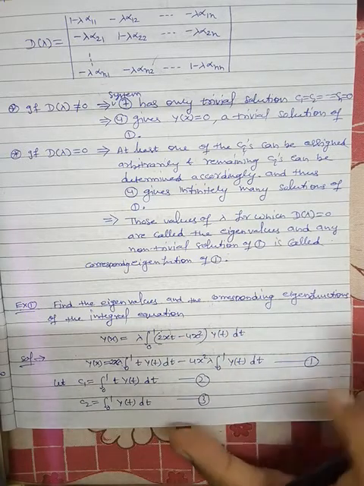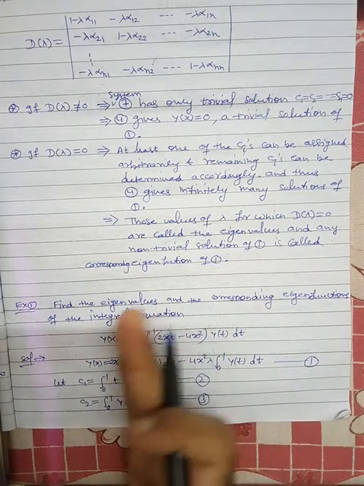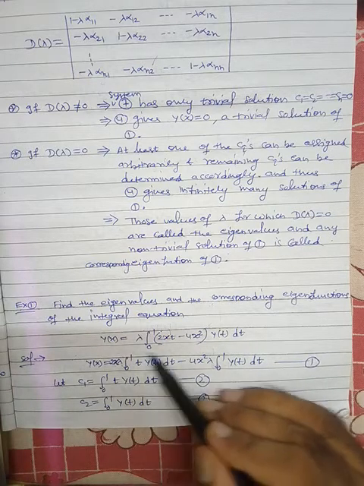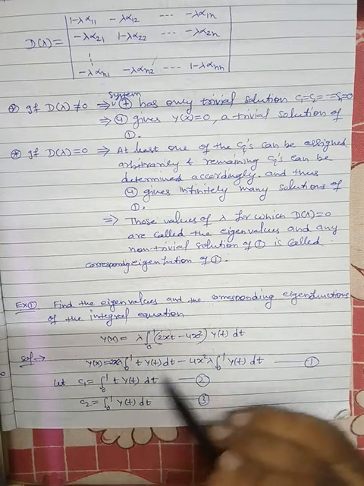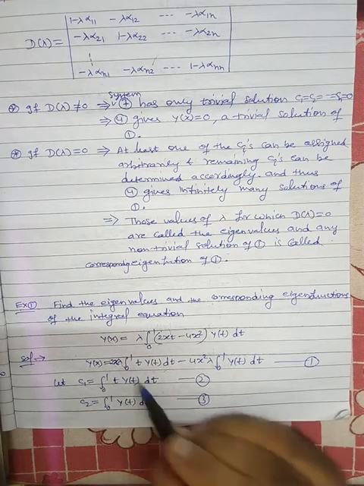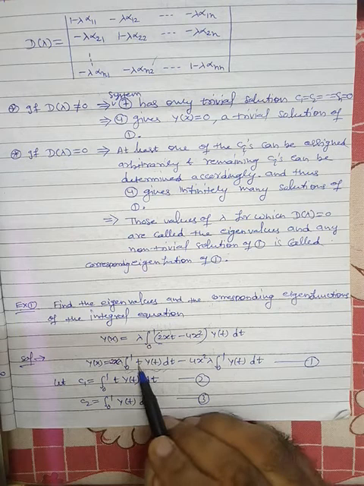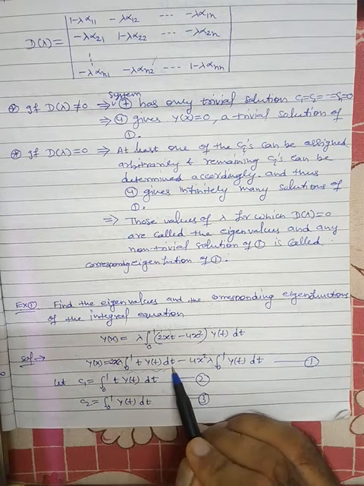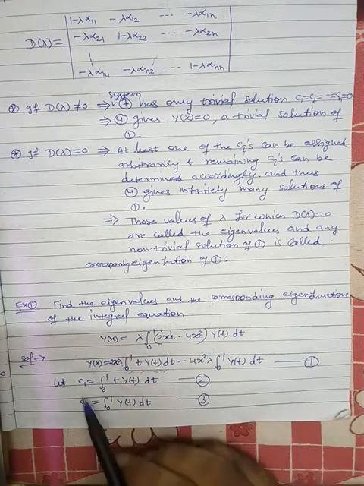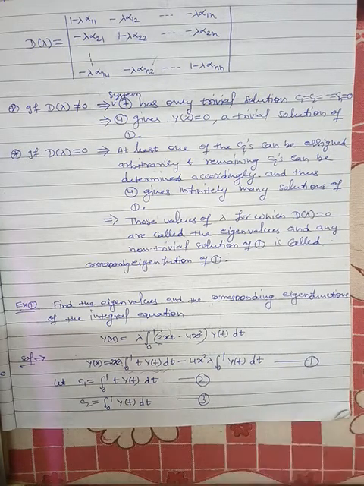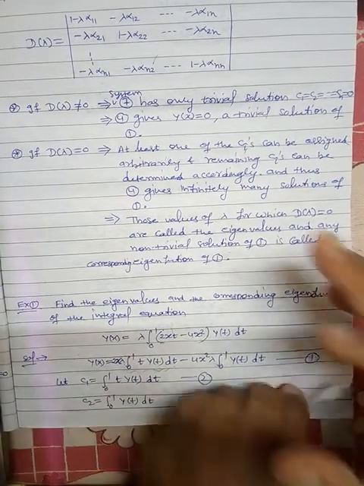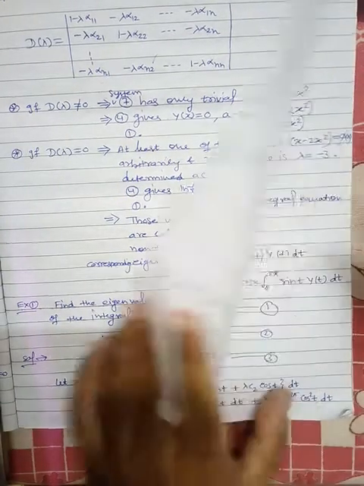So we will separate them. Fine. We will take the terms having x outside, and in this integral we are involving only functions of t, and we will call them constants. This is a constant because this is t, this is y(t), and we are integrating with respect to dt over the finite limit, so ultimately we will get a constant. This is denoted by c1, similarly here c2, and so on. If we have n terms, we will get c1, c2, ..., cn.